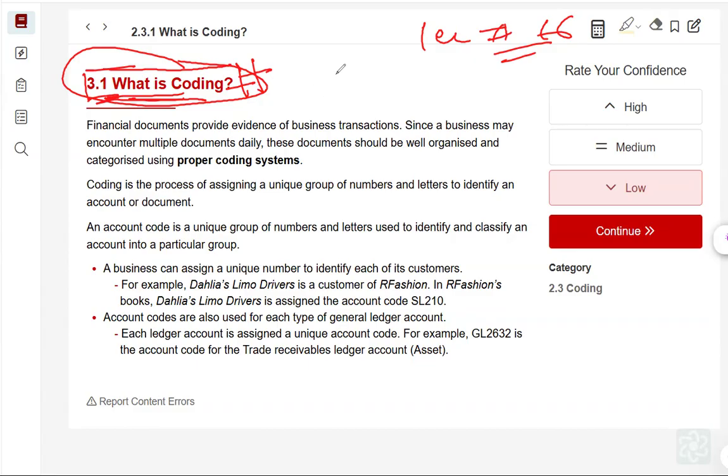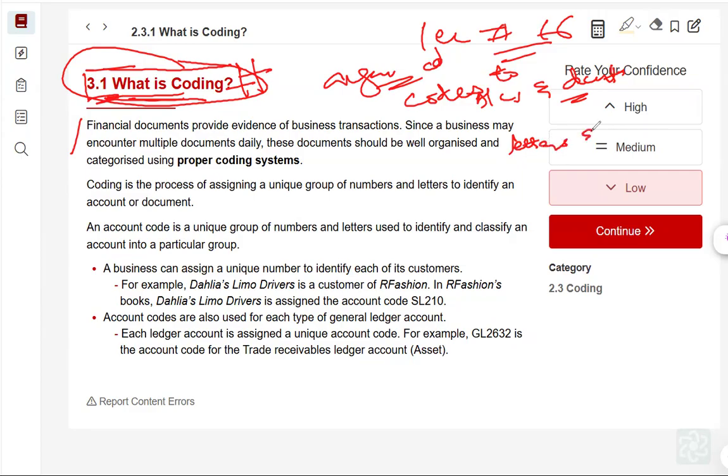Now, to keep things organized, you assign codes to accounts definitely, and maybe to documents. So you are actually trying to code, and this code is just a short combo